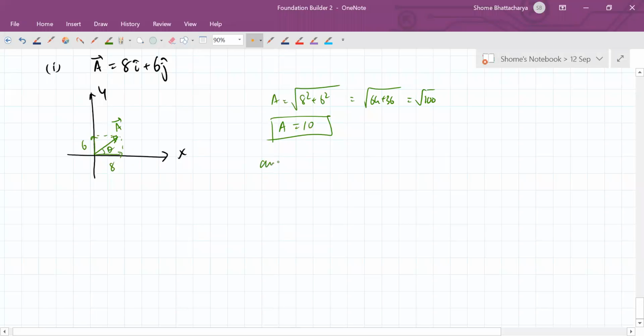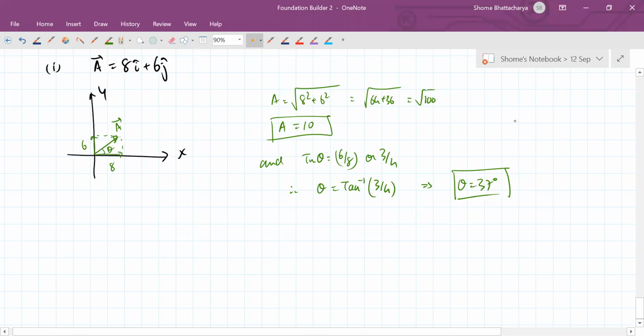Okay. And tan theta is 6 by 8 or 3 by 4. Therefore, theta is what we call tan inverse of 3 by 4. And we have discussed 3, 4, 5 triangles earlier, and we've seen that this is 37 degrees. So that vector triangle which I drew is basically like this. This is 8, this is 6, so this is 10. So this angle is 37 degrees. Okay, so hope this is clear to all of you. Then the next one